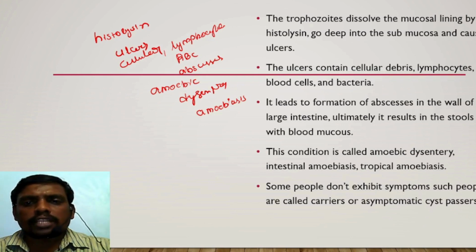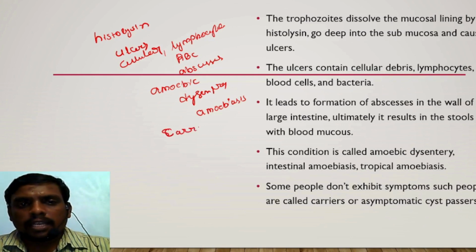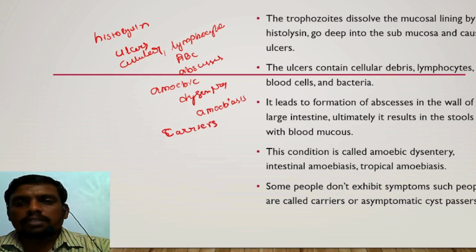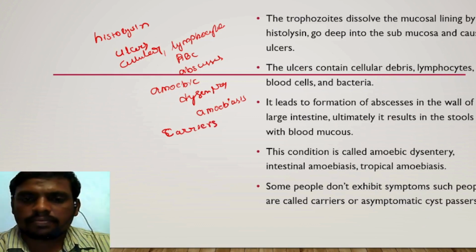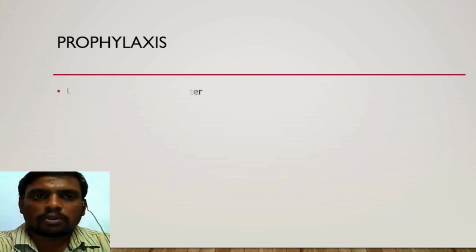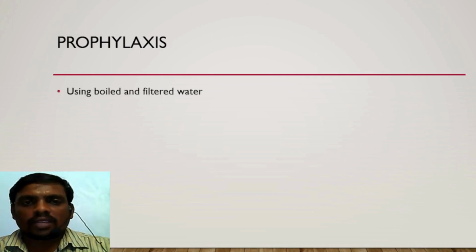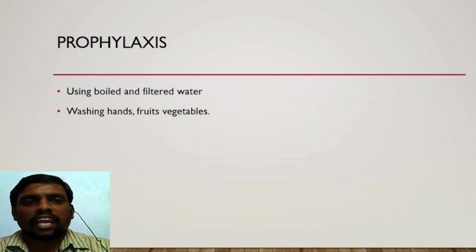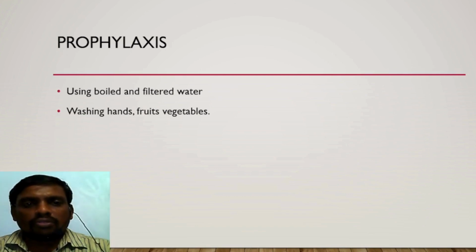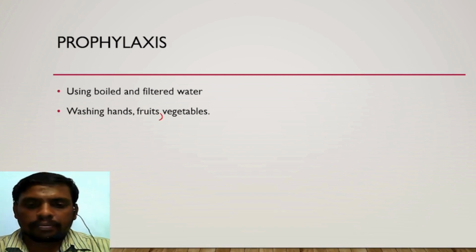Some people do not exhibit symptoms. Such people are basically called carriers or asymptomatic cyst carriers. Finally, what is the prophylaxis for this disease? Using boiled and filtered water always, washing hands, and washing fruits and vegetables before eating, and also